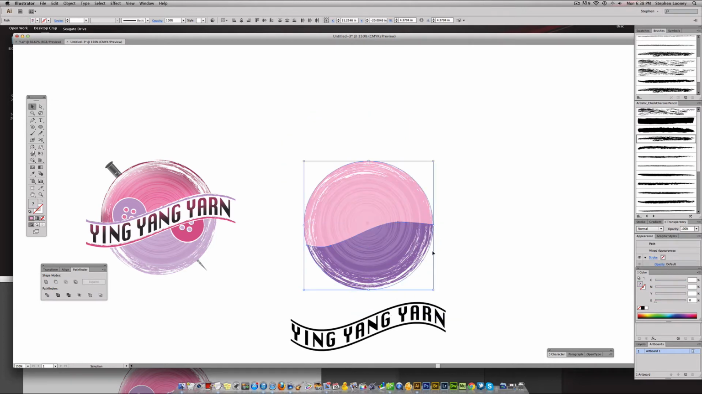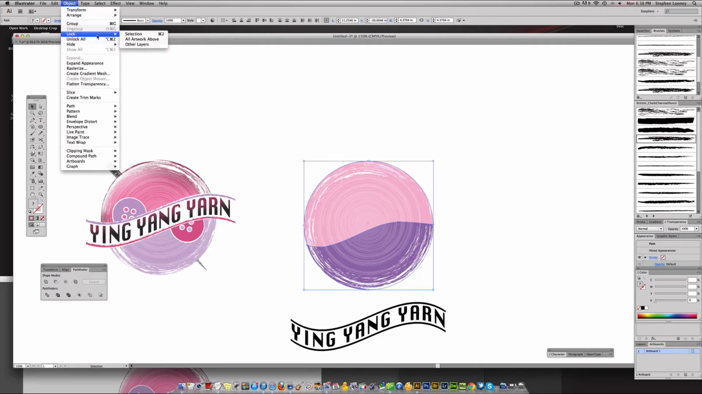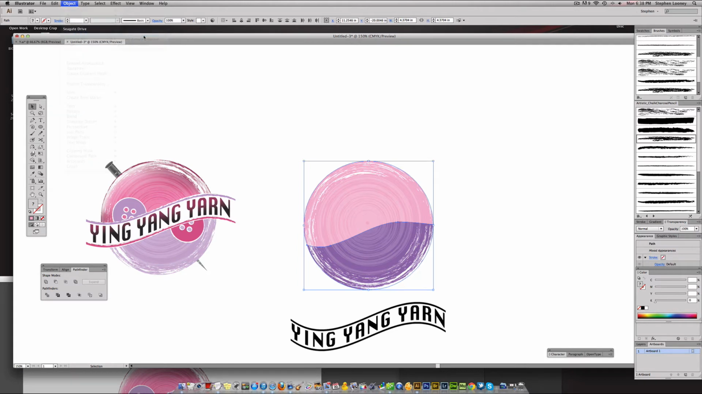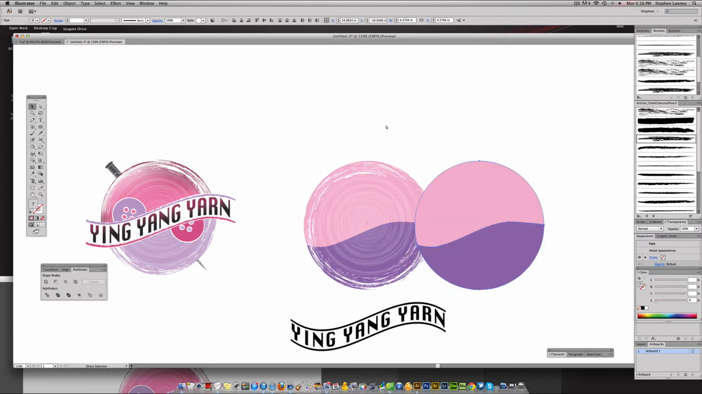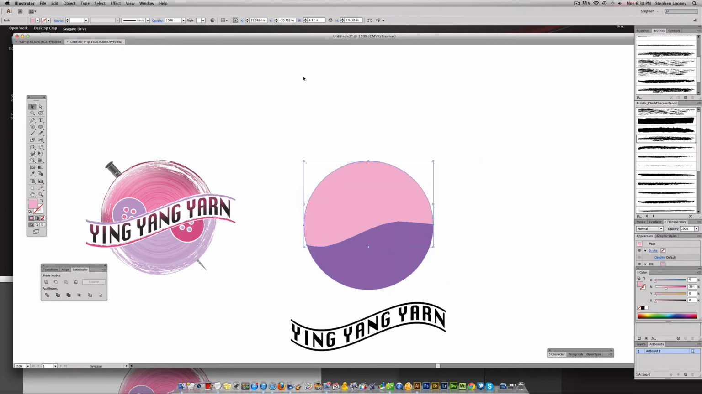So what I'm going to do is highlight both of these. I'm going to go to Command C, and now I'm going to lock them, so I don't mess with them anymore by accident. So Command 2, and now I can't mess with them. But since I copied them, I can paste it on top by going to Command F. And now basically I have these same elements on top. And I'm going to